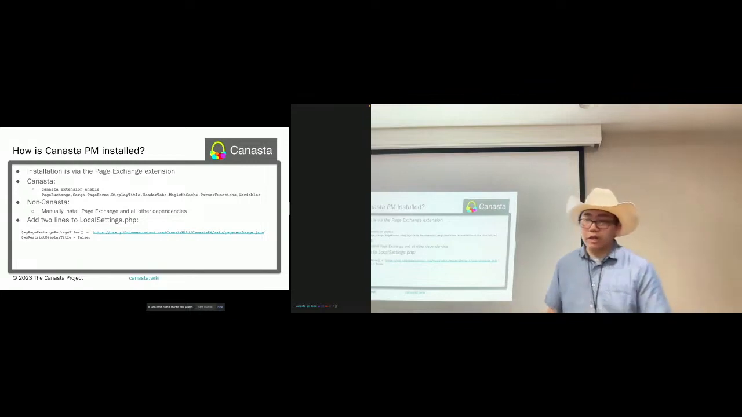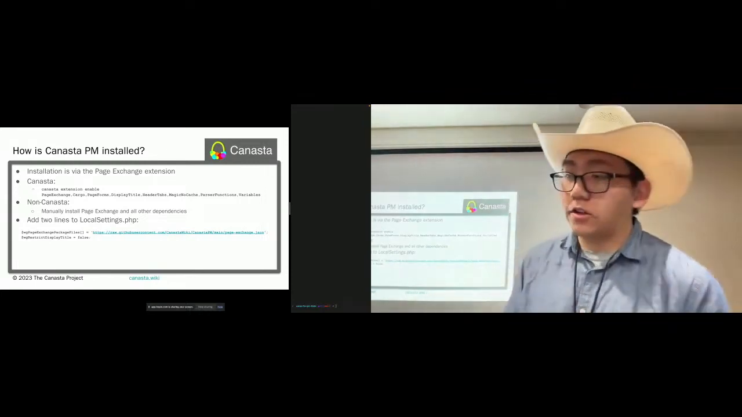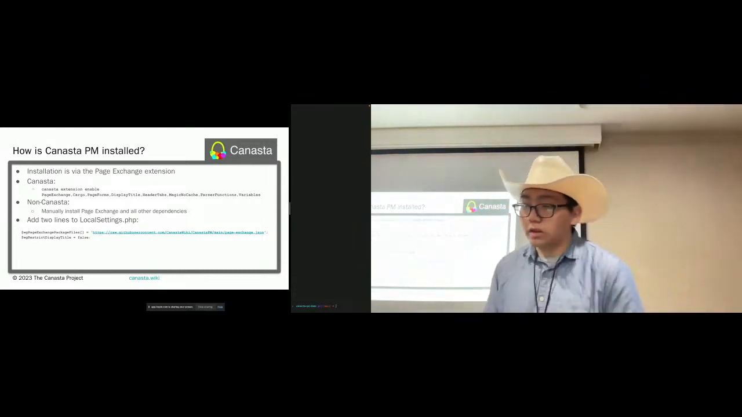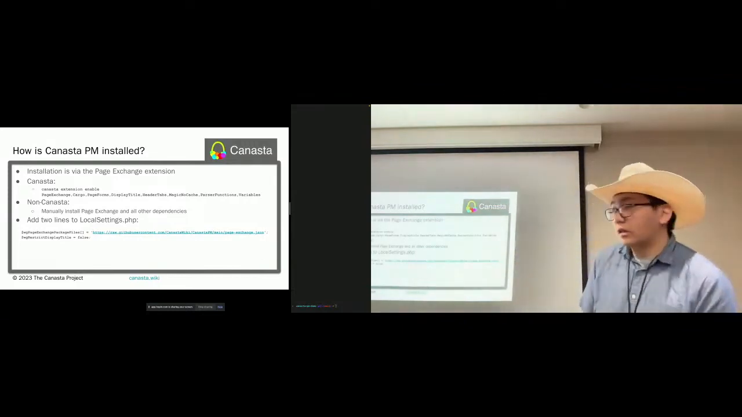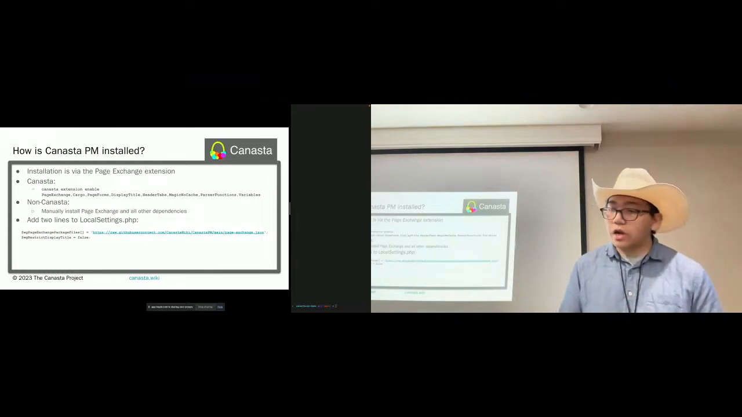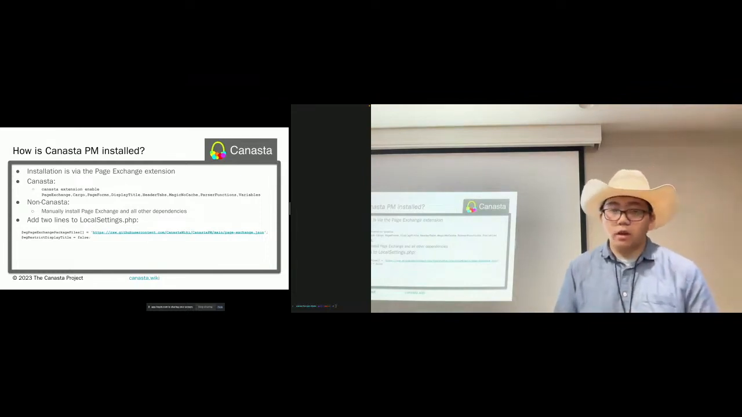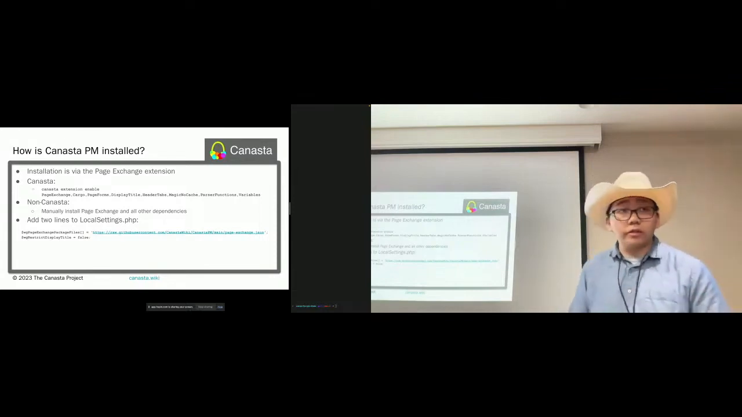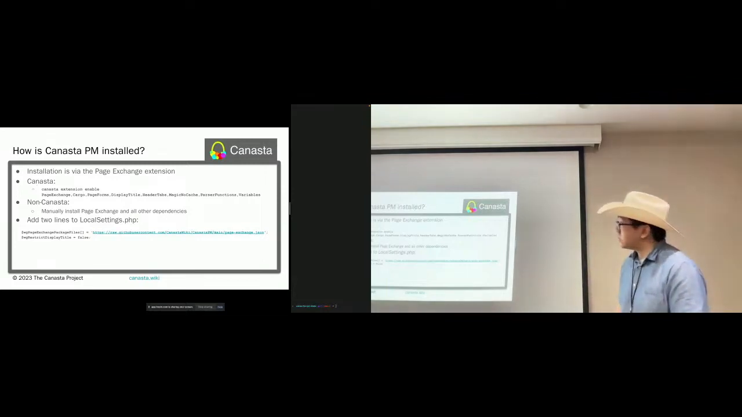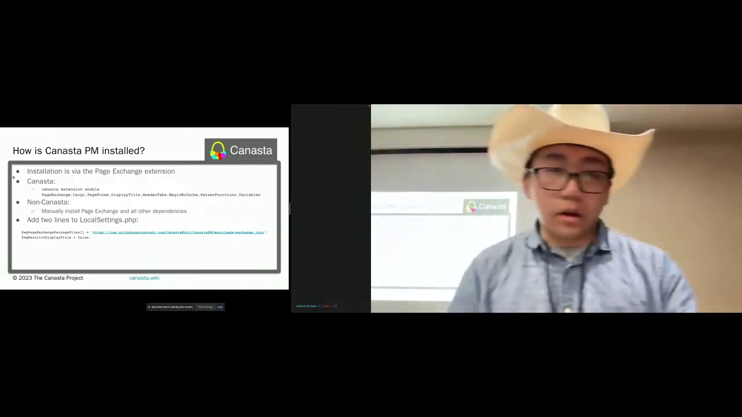Anyway, the installation is actually straightforward and easy. First, you just want to enable the Page Exchange extension, as well as the prerequisites for this package, which will be shown on the Page Exchange package installation page anyway. This is simple to do with the Canasta CLI. And when you're not using Canasta, it's the same thing, but you have to install all the extensions manually. And then next, you would just add 2 lines to your LocalSettings.php that adds a source for Page Exchange that allows for easy installation of the package. Without further ado, I will now